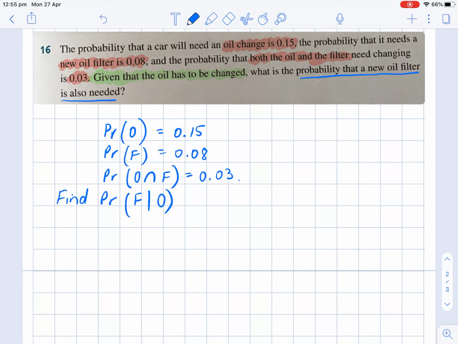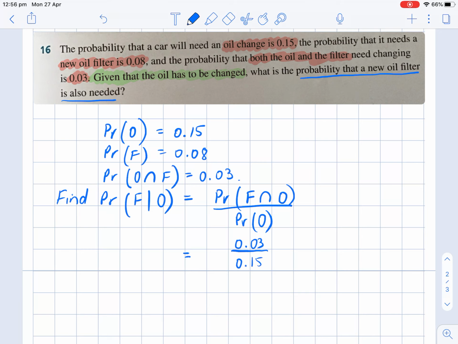All right, so in this case, because all of our values in the question are already probabilities, the easiest way to approach this question is to go straight to the formula. Rather than trying to create a Venn diagram, I'm going to write out, okay, I need to find out the probability of a filter and oil divided by the probability of oil. So the probability of a filter and oil, we can see in our notes, is 0.03, and the probability of having to change the oil is